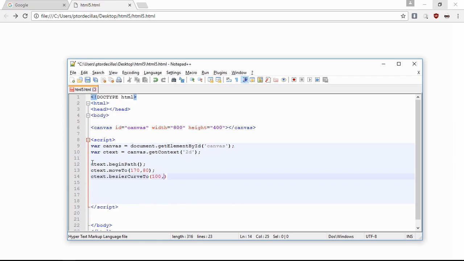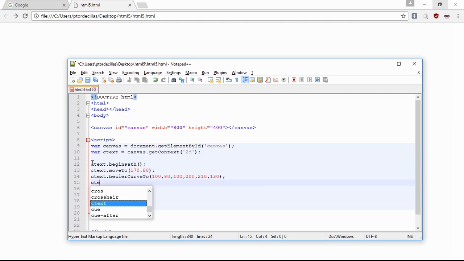to 180, 100, 200, 210, then 130. Then see, let's copy this